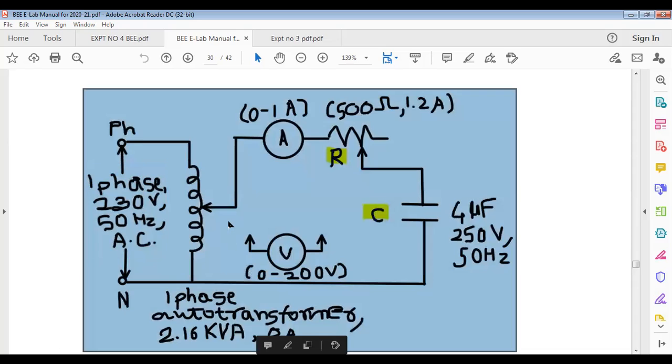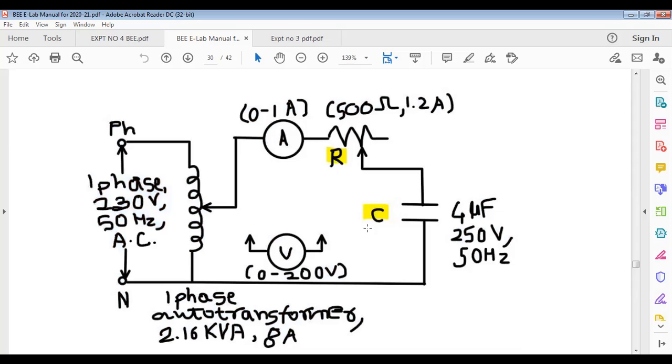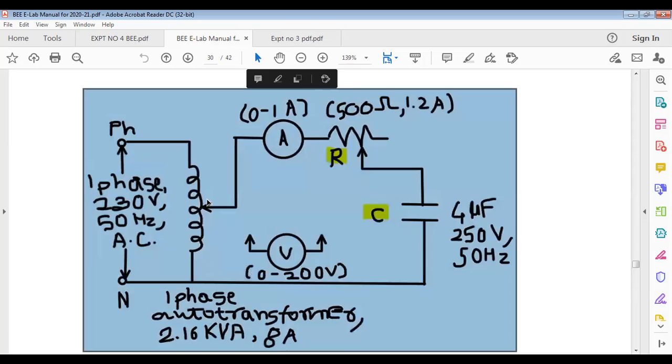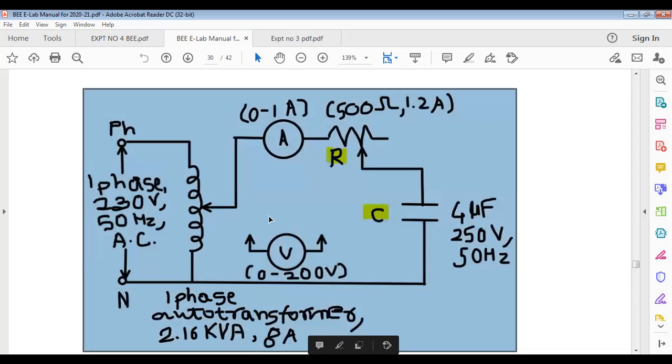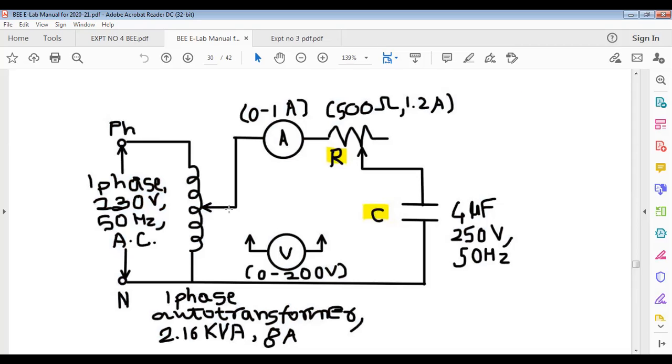Its input is fixed. This one 220 volts single phase AC 50 hertz. What's about its output? You variable output voltage you will get across its two output terminals. These are the two output terminals, and across these two output terminals variable voltage you will get. On its body one knob is there that you go on changing, so variable voltage you will get.